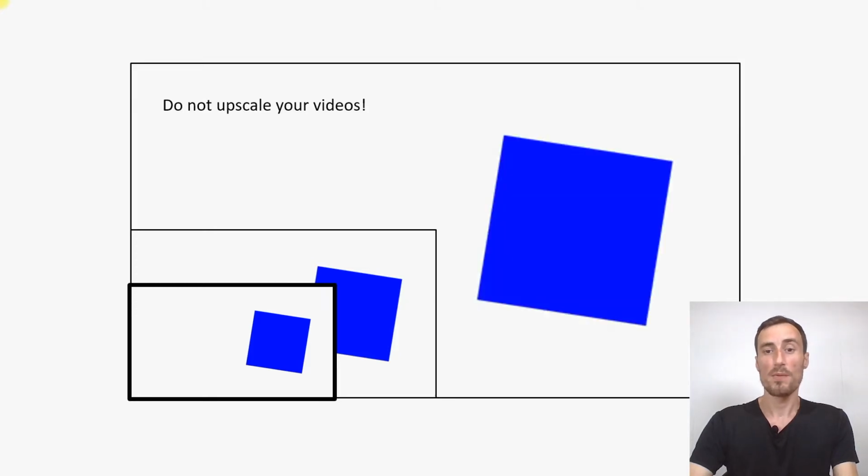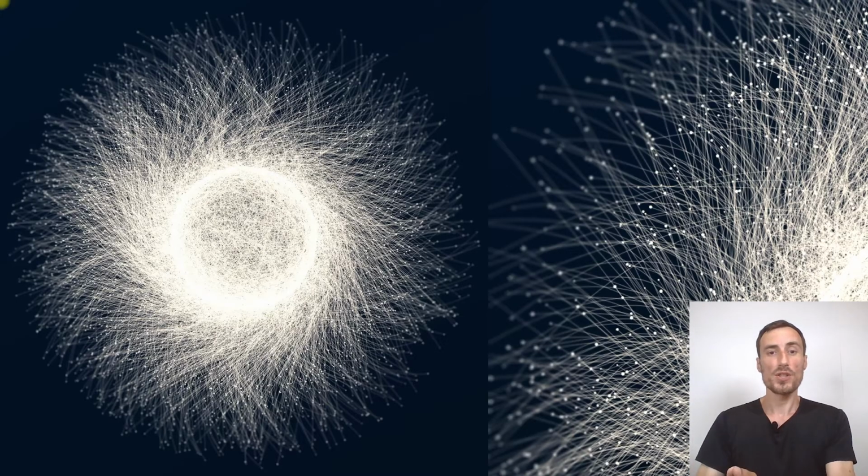What happens is when you upscale, the edges or the picture quality of the video becomes very blurred, and you can hardly work with that, and it's actually usually quite bad. So do not upscale your videos. Work always in the proper resolution and proper aspect ratio of the video. And additionally, so you see here,